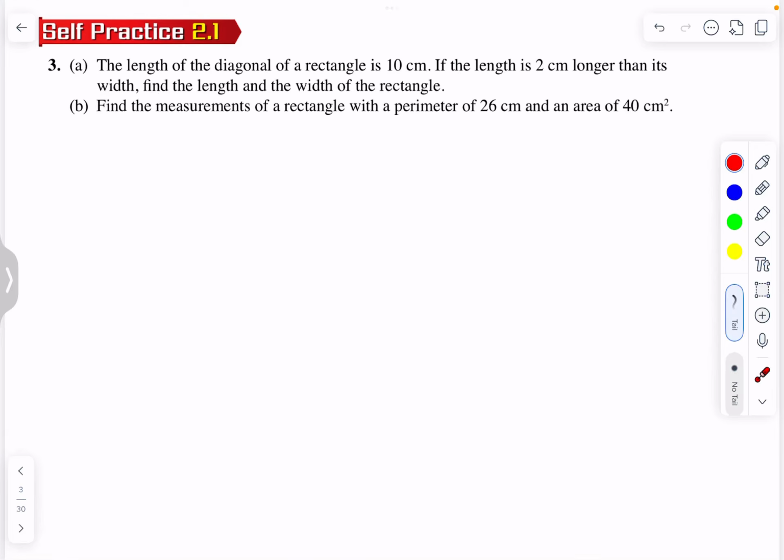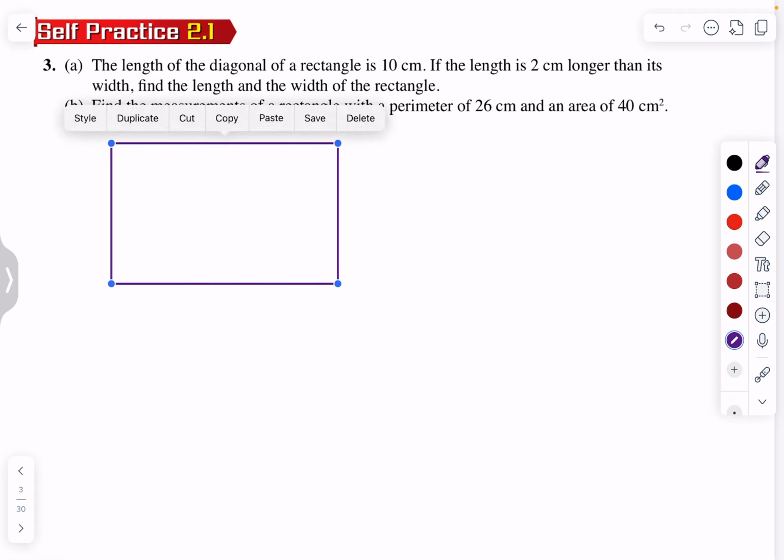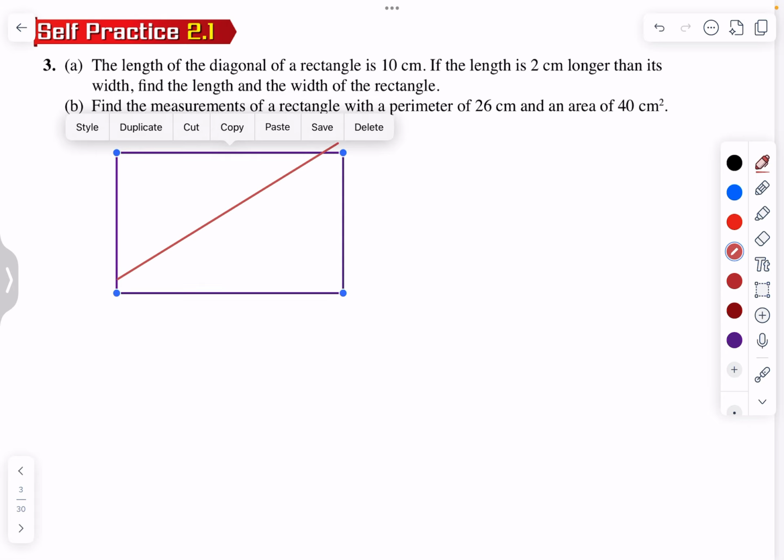Question 3. The length of the diagonal of a rectangle is 10 cm. Okay. Let's try to sketch a rectangle. So they say the length of the diagonal. So this length is 10 from here to here. So you can say this is 10